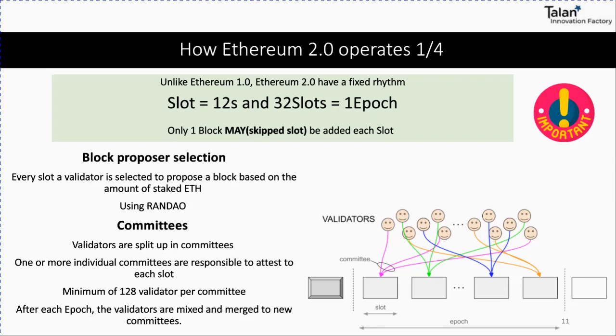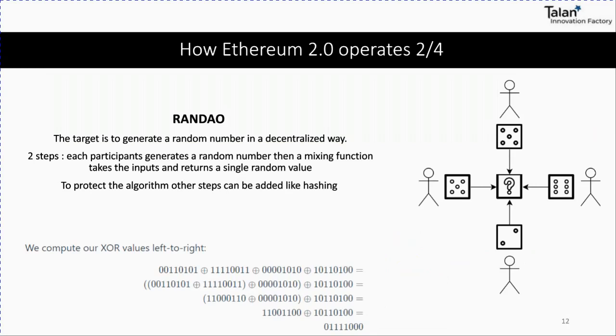And this is what we will explain. How can we generate random things or random selection in a decentralized system? The algorithm, which is RANDAO here, is more complicated than that, but we will simplify it and take a very basic idea of how it works. So we want to achieve a random value, a random number that will represent the block proposer, and let's say we have 4 participants here, which represent the network.